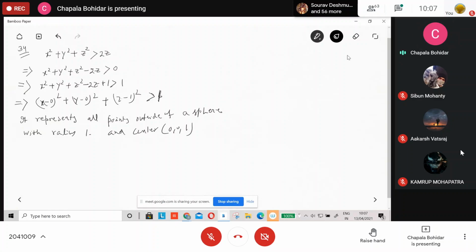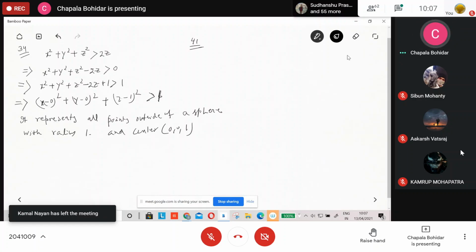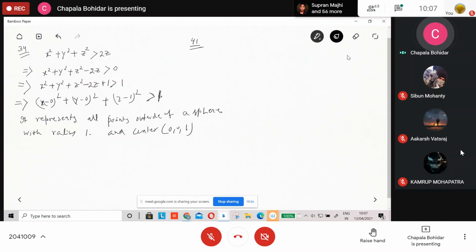Okay. So now there is a question, question number 41. I say I'll do that one. Can anybody try? Question number 41 is given as assignment to you. Find an equation of the set of all points. This question is important, mind it. All points equidistant from the point